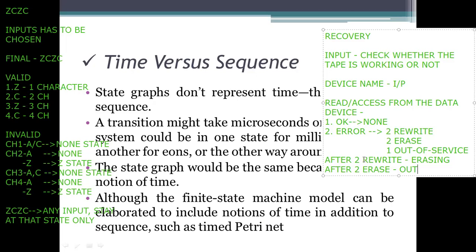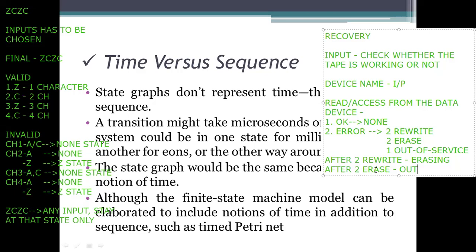After 2 consecutive rewrite operations, you perform the erasing option. And then you declare your device is not working properly and it is out of service. This decision is taken when the 2 erasing operations have been performed.